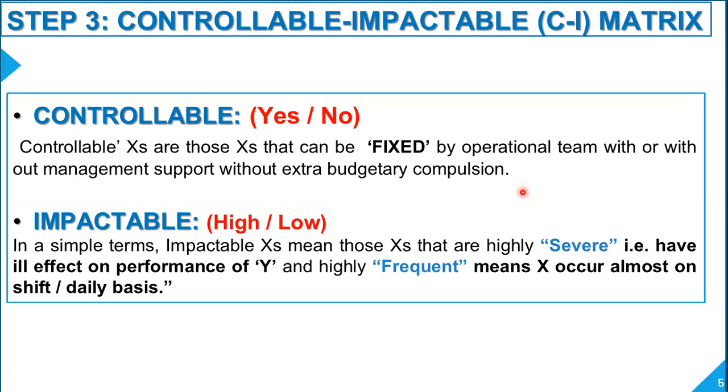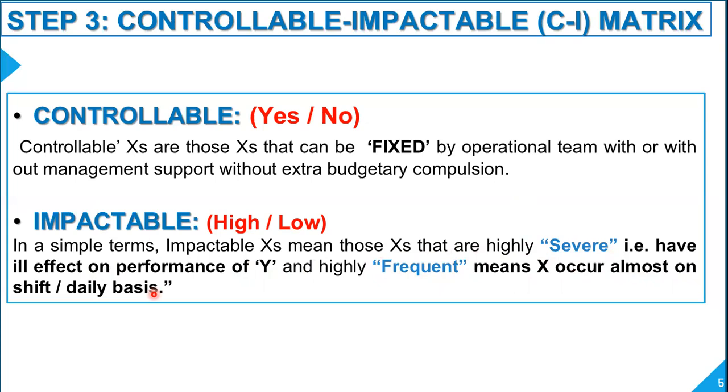That's the controllability filter. Next filter, impactability. You can use either yes or no as a parameter, or you can also use high and low. So even though I mentioned yes and no here, we certainly can use high and low, right? So impactability. What is impactability? In simple terms, impactable causes means those causes that are highly severe, that is, they have an ill effect on the performance of Y, and highly frequent, meaning those causes occur almost on a shift or daily basis. So impactability has two